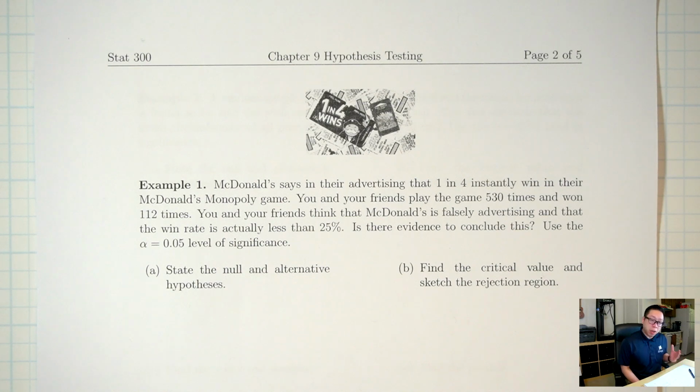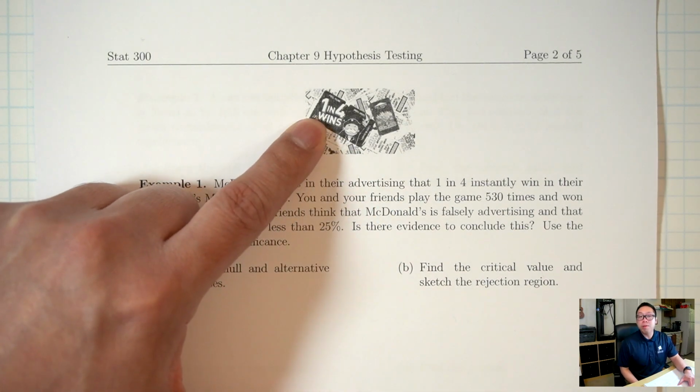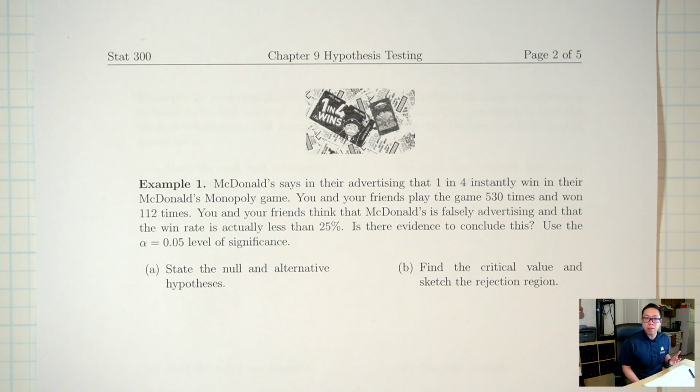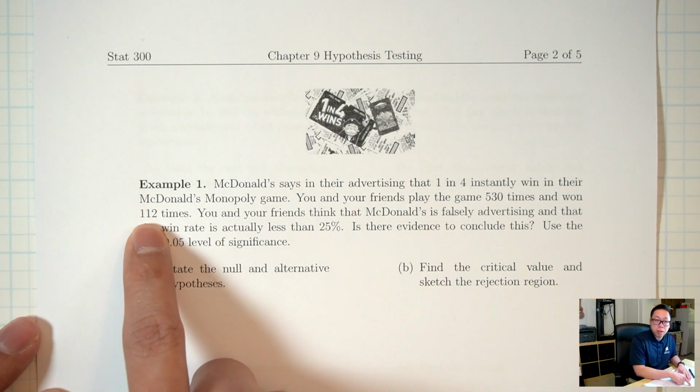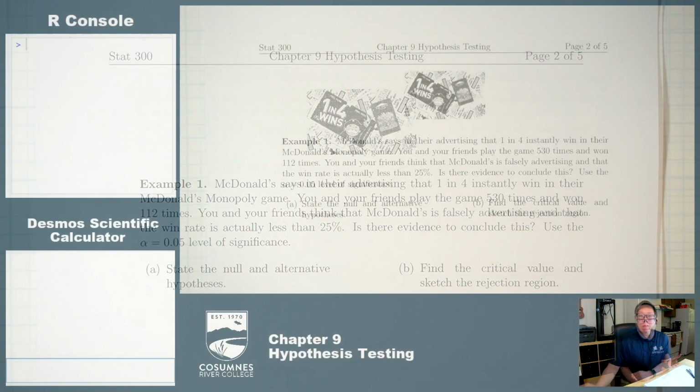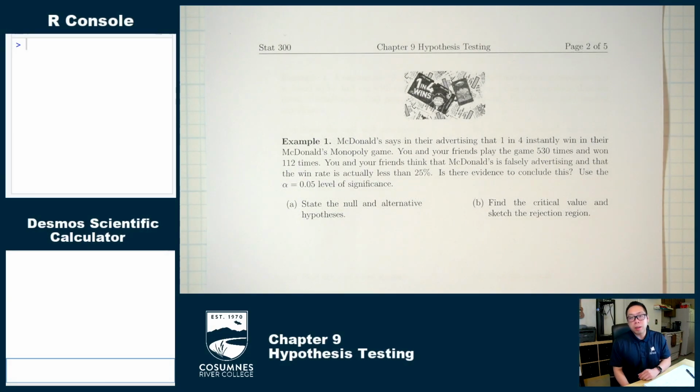The situation here is McDonald's has this Monopoly game. And in this Monopoly game, they're advertising that 1 in 4 wins, which is a win rate of 25%. You and your friends play the game. You play it 530 times, and you win 112 times. What is your win rate? You played the game 530 times and you won 112 times. Your win rate is then 112 out of 530, which is